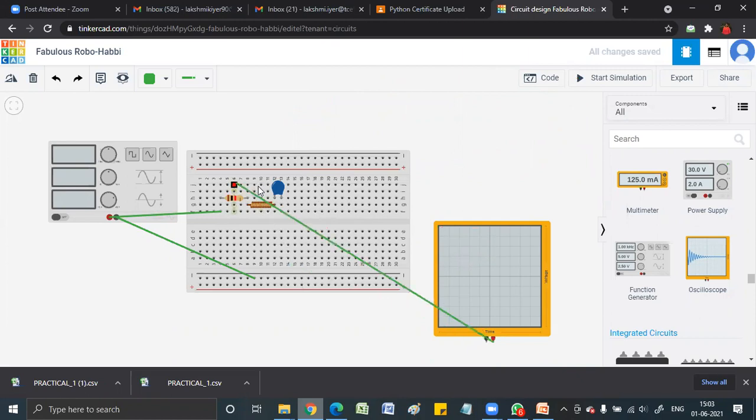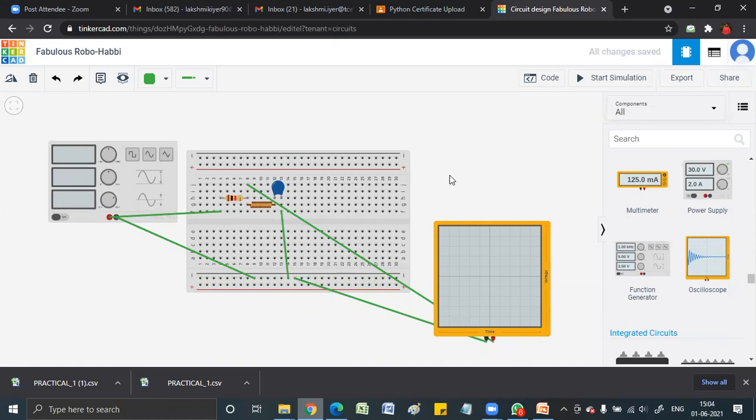Which line? If you connect at 11, nothing is connected at 11. It will come to 8. And negative goes to ground, right? But you can see this capacitor leg is open. So we have to connect it to ground. Now the connection is complete. I hope this is clear.